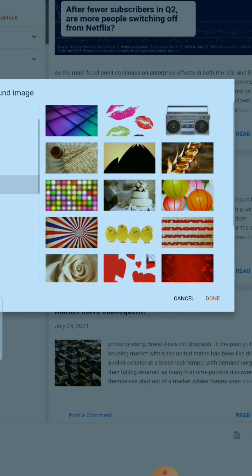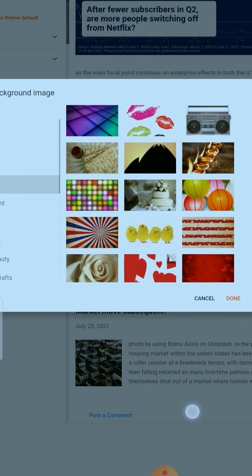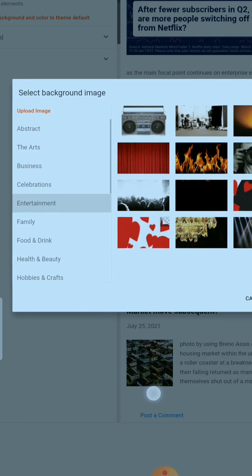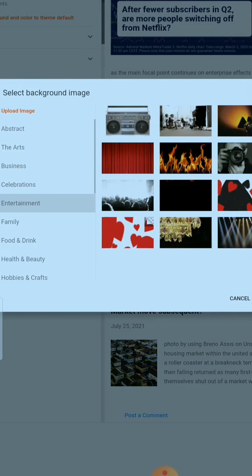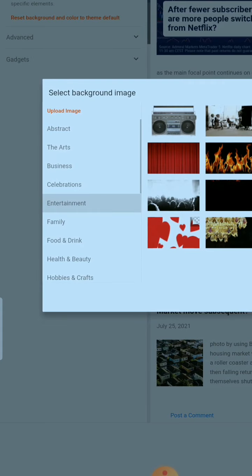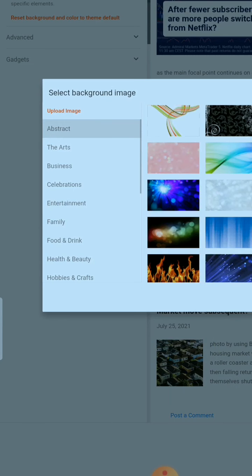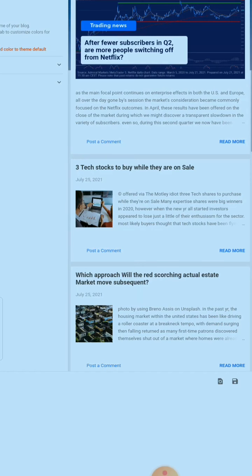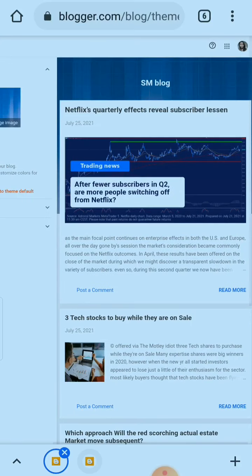So here I am not thinking about this. I think I want simple. So let's see these abstract patterns. Yeah. So I think this one is okay for me because I am looking for a simple header. So this one is okay, fine for me.